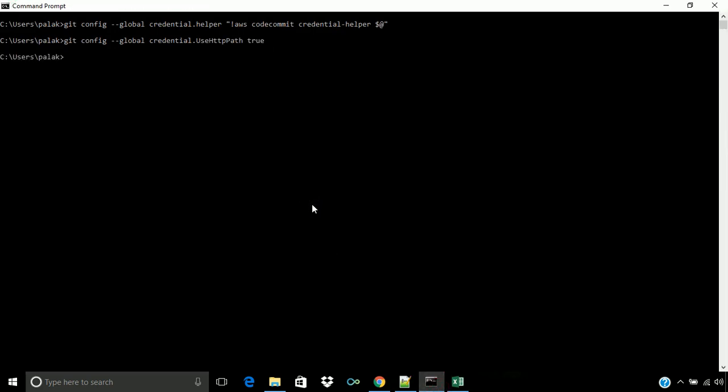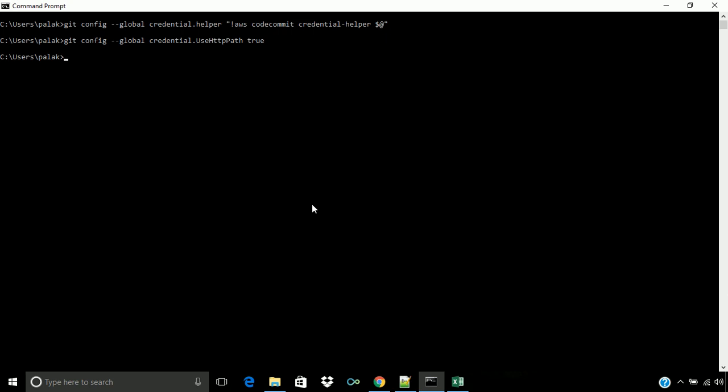These two commands will ask the Git credential helper to use the AWS profile while authenticating the user. So we don't have to authenticate every time we interact with AWS CodeCommit, or pass the secret access key ID or the username and password to connect to the AWS CodeCommit repository.